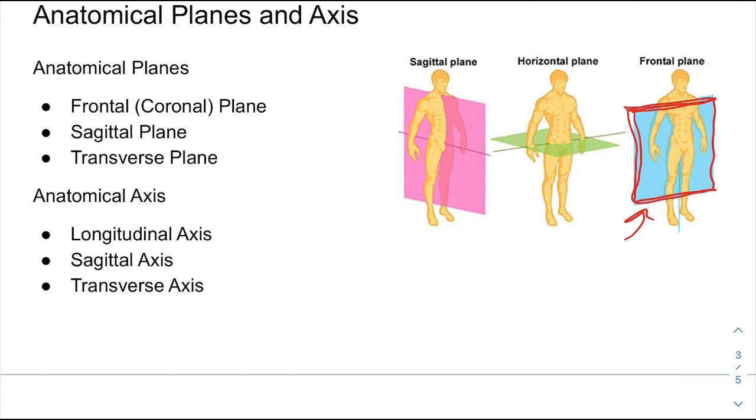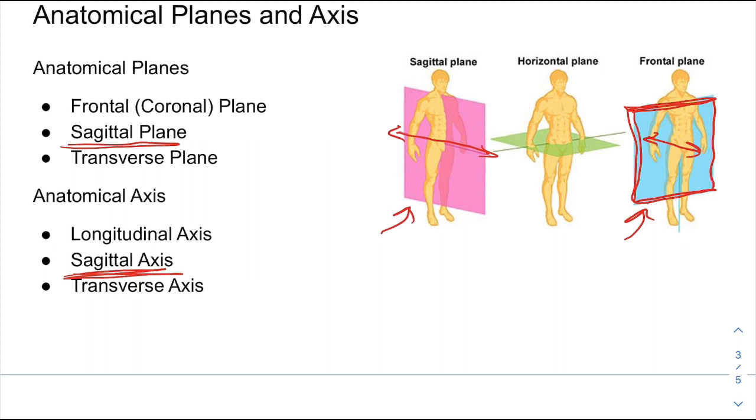And this frontal plane moves along the sagittal axis. This is the sagittal axis. And this sagittal axis we see is right here. So we can see this frontal plane actually moves up and down the sagittal axis from the anterior to the posterior. Next, we have the sagittal plane, which is this one here in pink, and it splits your body